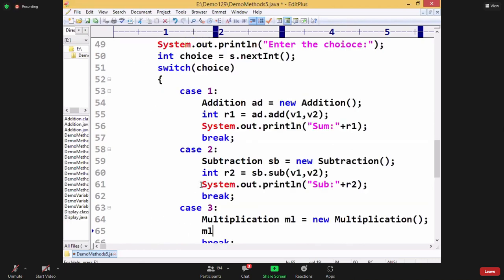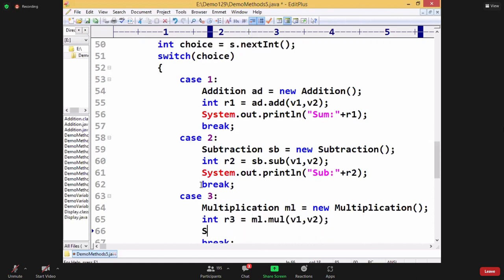Using that, ML dot multiplication of V1 comma V2. The return type is int again. So int R3. Right. So display it. System dot out dot println here. So here multiplication